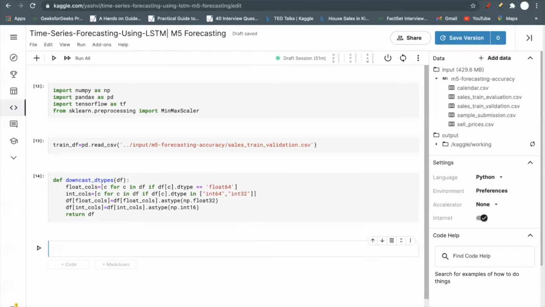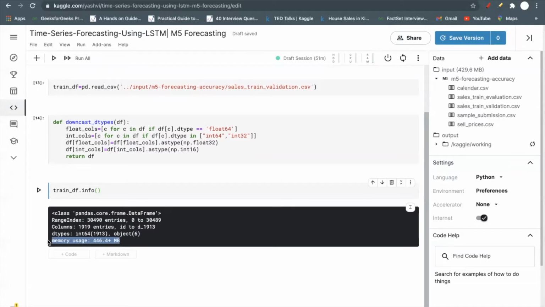Let's see the memory size before downcasting. So the memory usage is 446.4 plus MB. Now I am downcasting it, and then I will see how much my memory reduces after downcasting.